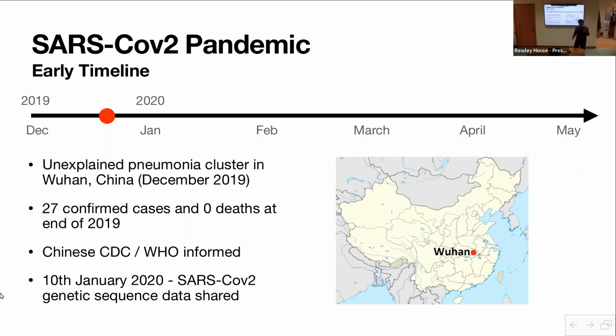By the end of 2019, everyone had been informed, and the Chinese scientists moved very quickly. They isolated the virus, sequenced it, and had the genetic data for it, which was shared globally on the 10th of January 2020. So probably before anyone here had heard of COVID, the genetic sequence was already found for the virus. It had been published, and that allowed people to develop tests for it and allowed vaccines to be developed. A lot of the pharmaceutical compounds for the vaccines were developed back in January and February 2020.